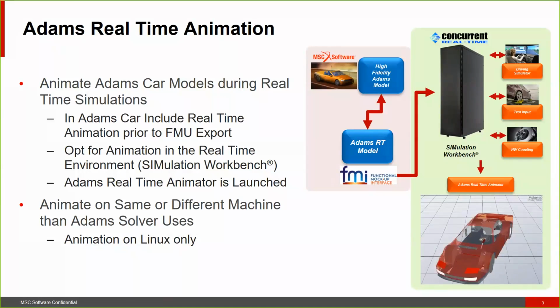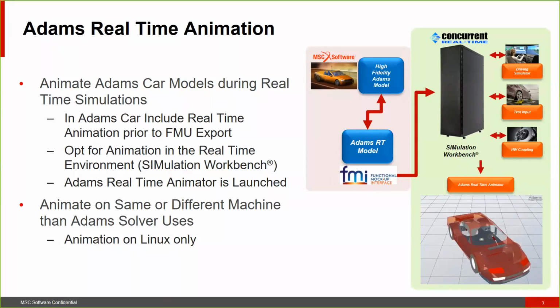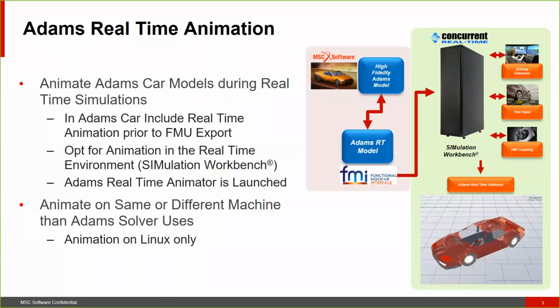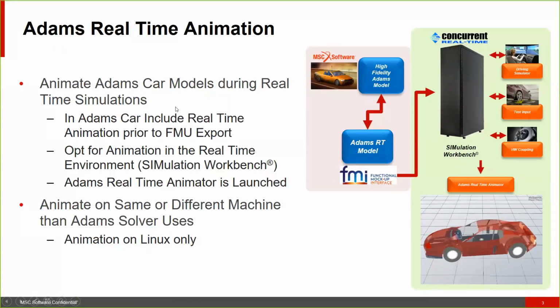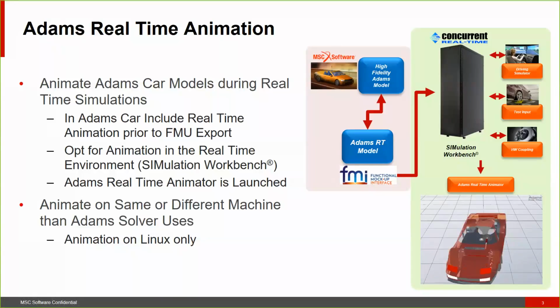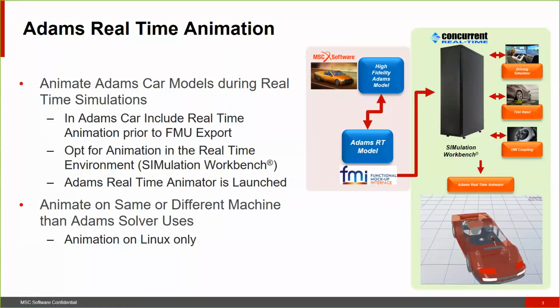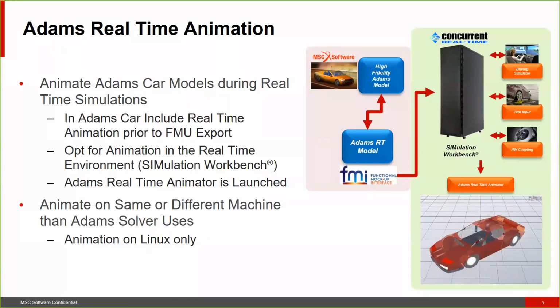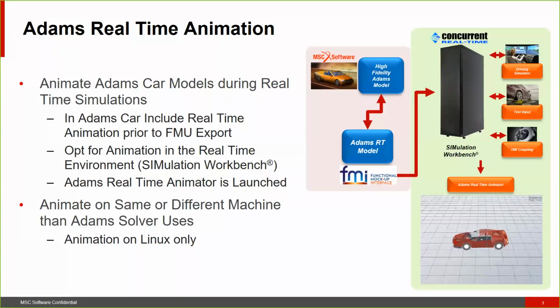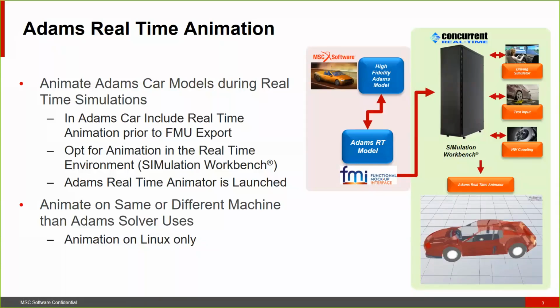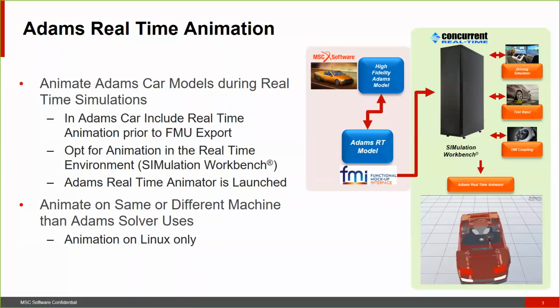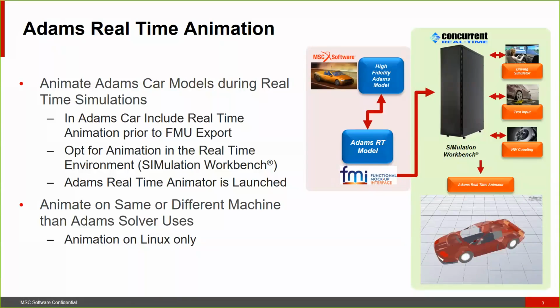It was simply gauges and curves that you could do within the simulation workbench environment to get an idea and a picture of what's happening with the model and the key output parameters of that model. So with this release, we're introducing the ability to animate Adams car models during the real-time simulations. And so this is really a switch you set when you export the FMU from Adams to send the Adams model over to the simulation workbench environment, where you can opt to turn this on there, and then the Adams real-time animator is launched. And it's a rather basic animation, the car on a grid road like you see driving around down here below, but enough to sense